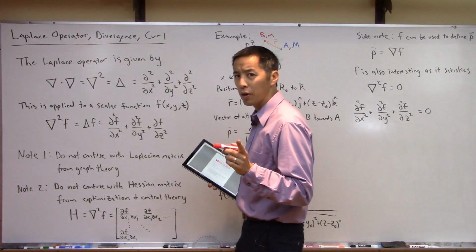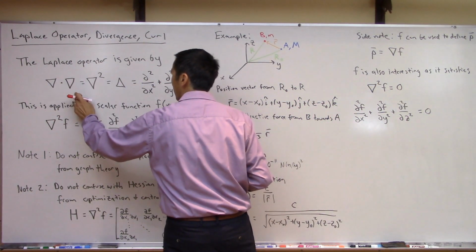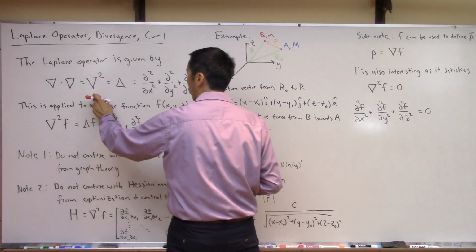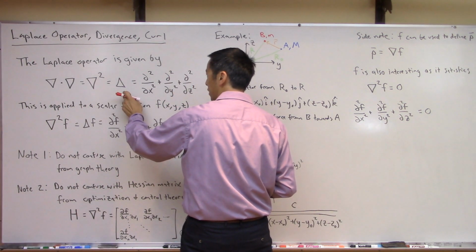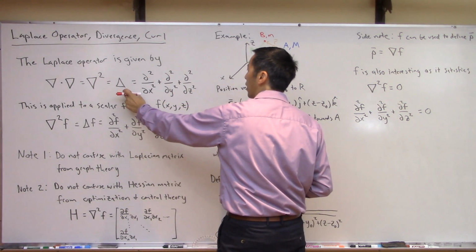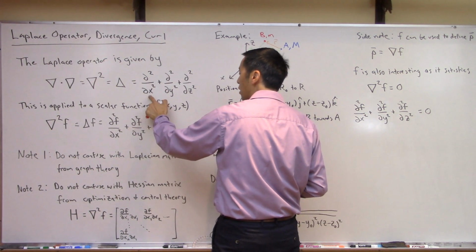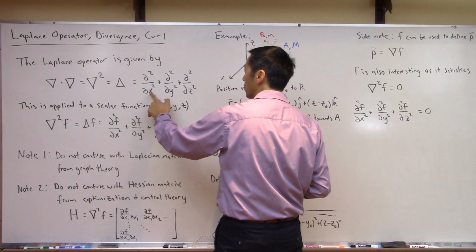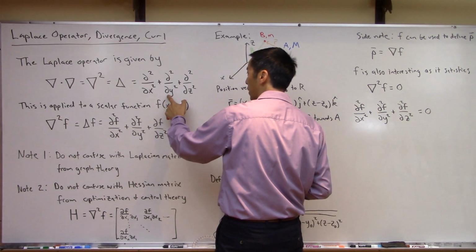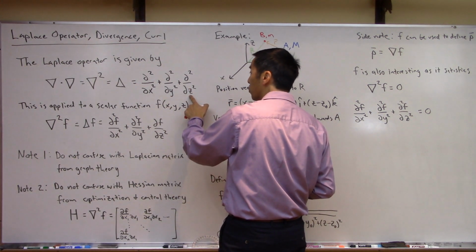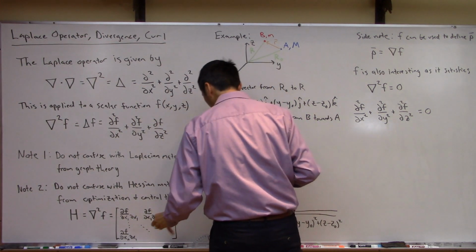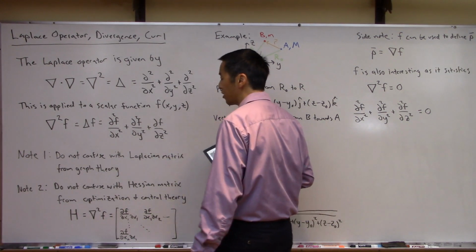So the Laplace operator, the way you'll typically see this written is like this. It's del times del, or del squared, or sometimes delta. And all this means is this operator is just take the second partial derivative of the function with respect to x, added to the second partial derivative with respect to y, added to the second partial derivative with respect to z, okay? Now the first thing I think we should probably mention here is, again, let's get the notation straight,